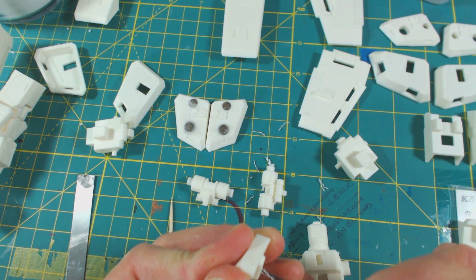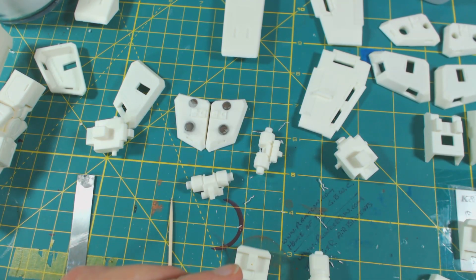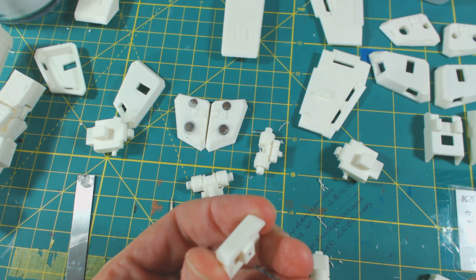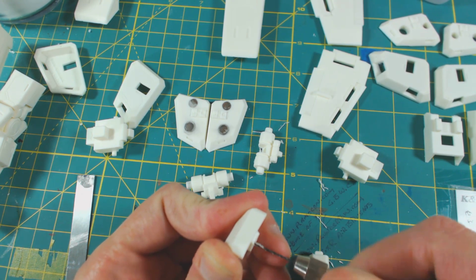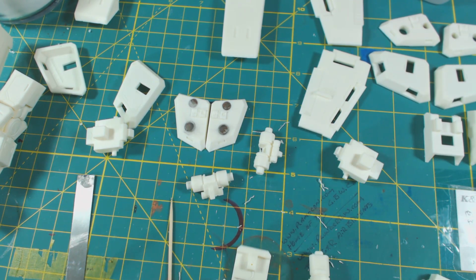And this is the most fun part for me in building with resin, is figuring out different ways of putting things together. I know a lot of people use pins and rods and all kinds of things, and I do too, to a point, but I really like using the magnet option. It is more expensive. Yeah, I could use brass rod, even coat hanger works well. I could use that, but